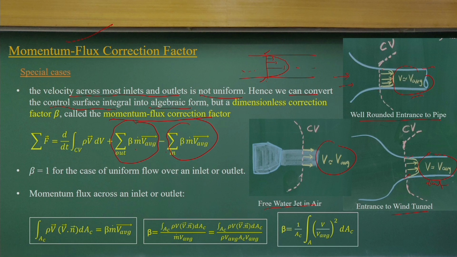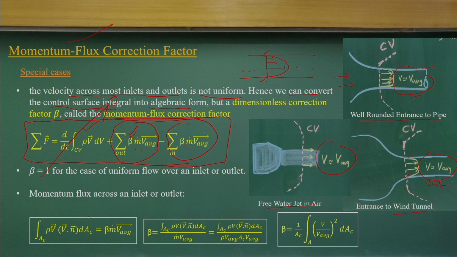So, you can compute the momentum flux, and since you are using the average velocity to compute the momentum flux, you also consider the velocity distribution in terms of a correction factor, that is the beta value. So, finally, your surface integral part and volume integral part will come like this. If it is a steady problem, this becomes 0. So, again you have a very simplified case: the sum of the forces acting on it will be equal to the net momentum flux passing through this control surface.